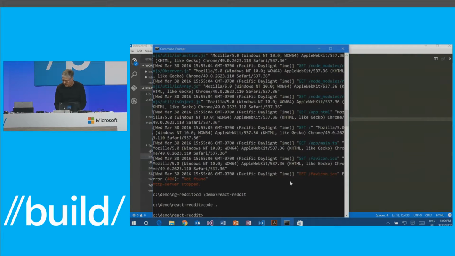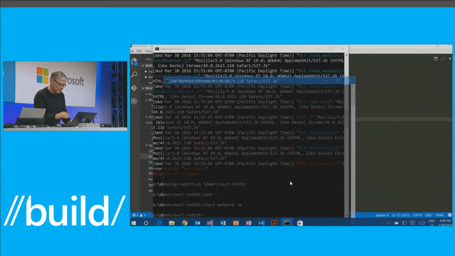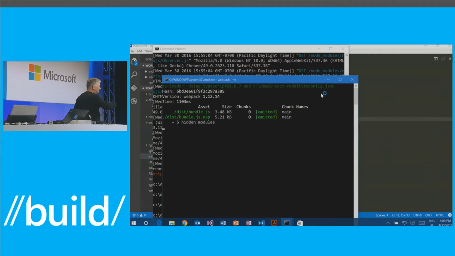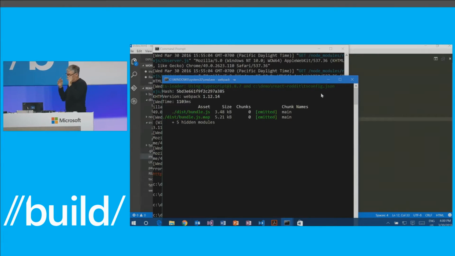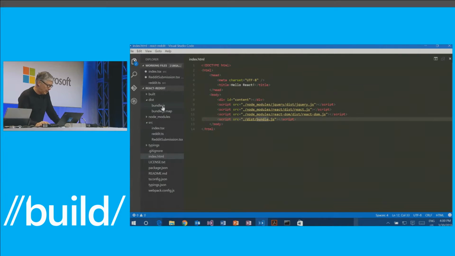So let me start up Webpack here. Let me remind myself what to type. So I'll say start Webpack -w. And what this does now is it starts a background process that Webpacks my program as I'm developing it. So it's already completed here, and it has basically built this bundle.js.